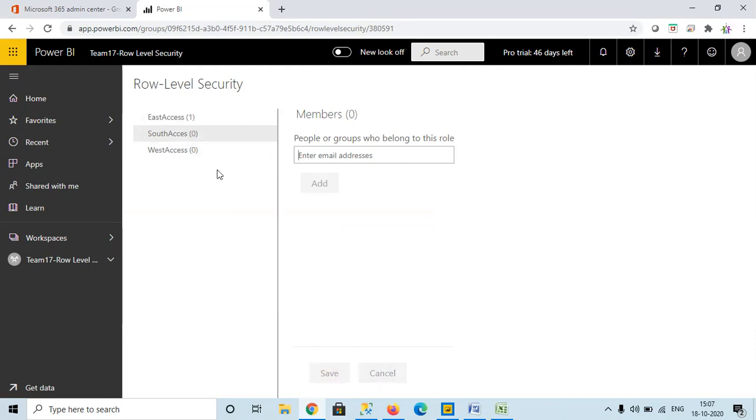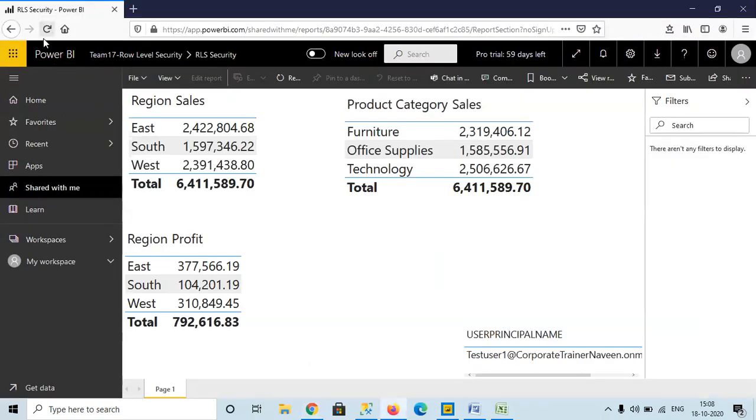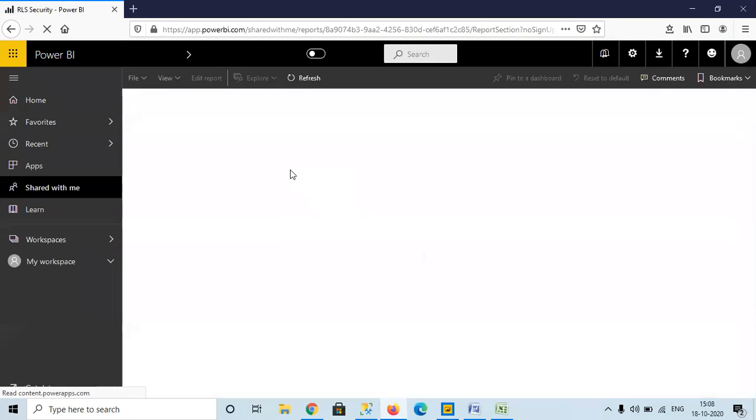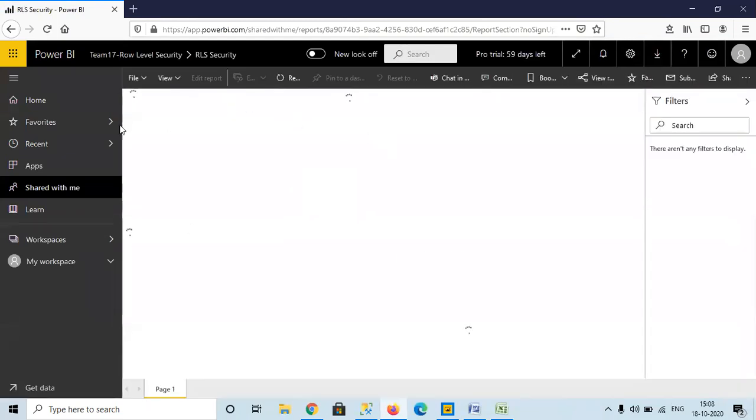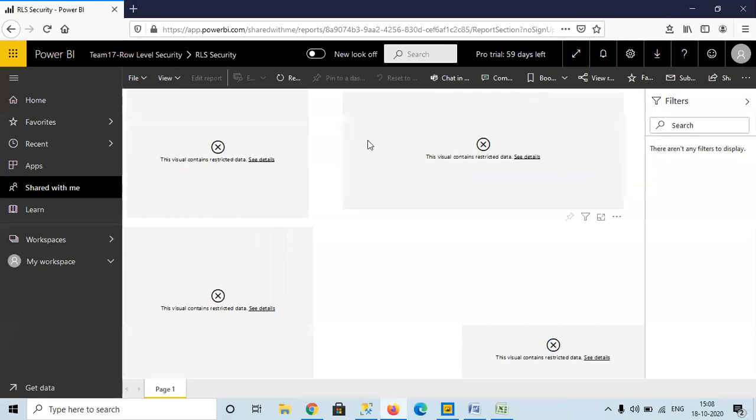What I'm doing is removing all the access for him. I'm not giving him any access. Okay, done. I just removed it. So now I'll go to this browser and refresh. What data could he see? He could see nothing because he does not have any access. He can log into the report, but he doesn't have data.